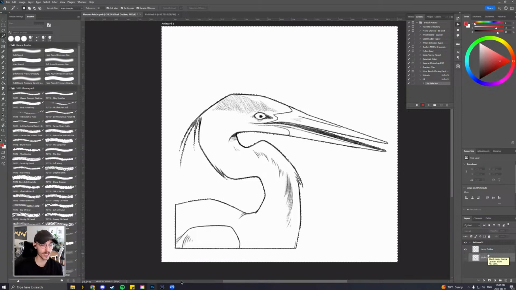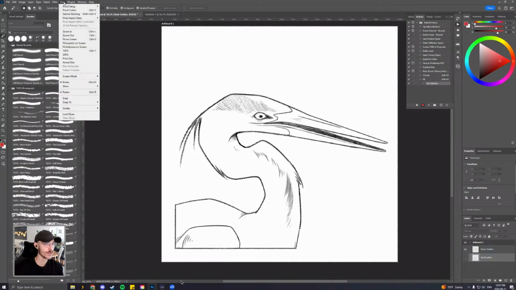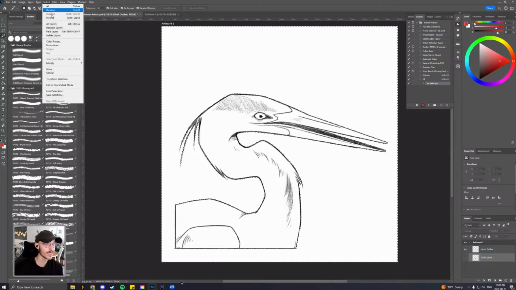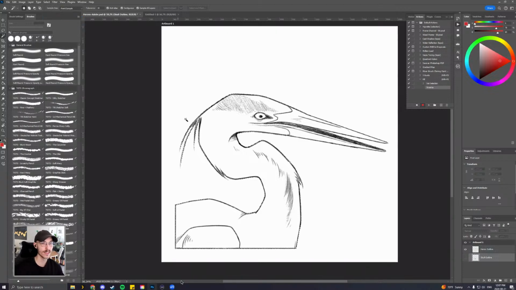There is a quick shortcut on the keyboard to do this, but we're going to go down to select inverse, or you can do Shift Control I. So to inverse your selection. So now when I click this, everything will be on the inside of our drawing, but we can see kind of that it's on the outside, but we want to bring in our selection a couple